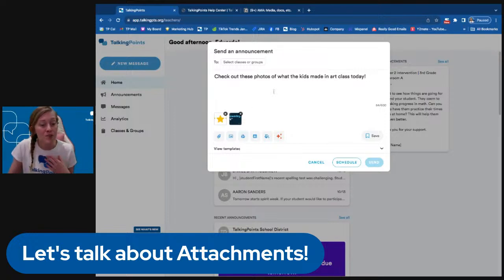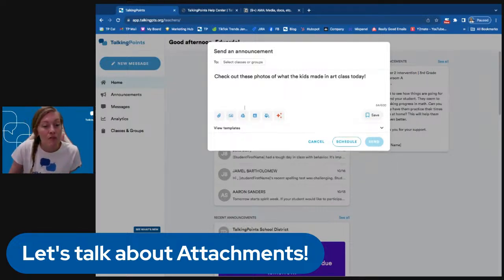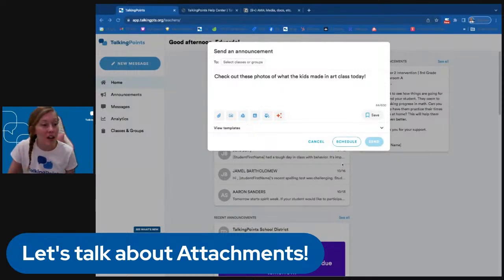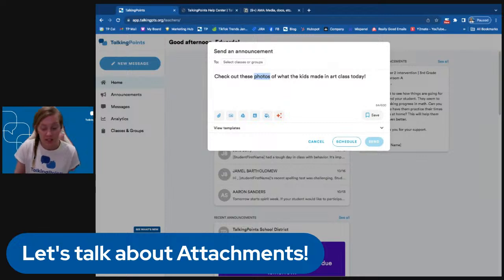So if you're adding photos directly from your computer, that's how you do it. That second button that looks like a picture. If you want to add photos from your Google Drive, you can also do that. And that's this Google Drive button right here, that triangle. And it does the same thing. It opens up an option to attach from your Google Drive, and you will follow the steps that appear there and select those. They'll show up exactly the same way. So if I connect, I'll have to sign in and do all of that. They would show up exactly the same at the bottom. You'll type your message and send it right along.